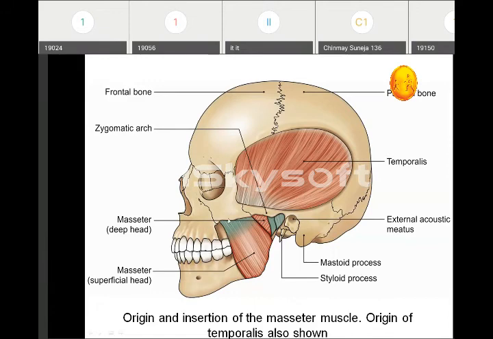Okay. The second muscle is the masseter muscle. Again, it has 3 heads. In this picture, you can see 2 heads: superficial head and deep head. It also has one middle head. The superficial head comes from the lower border of the anterior 2/3 of the zygomatic arch. So the anterior 2/3 part, lower border, gives origin to the superficial head. The deep head comes from the inner surface of the zygomatic arch, whereas the middle head comes from the posterior 1/3 of the zygomatic arch.